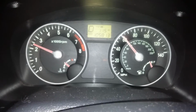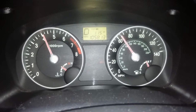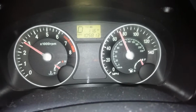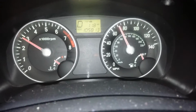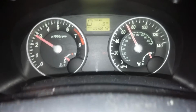But actually, I'm going slow enough to do a small kick down right now, so I'm going to go ahead and do that, and I want you to see the torque converter lockup feature. As you can see, it's disengaged, RPMs slip down, and then shift again. Normal. Another thing too is the RPMs do run a little bit high on the freeway. Then again, look how small the engine is, 1.6 liter 4-cylinder. The transmission is a 4-speed automatic,